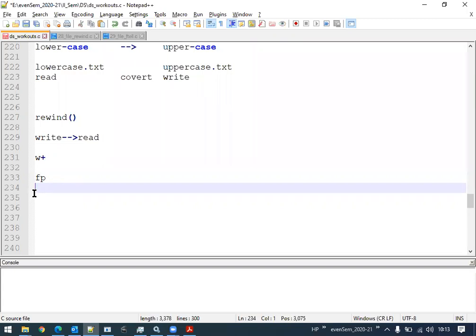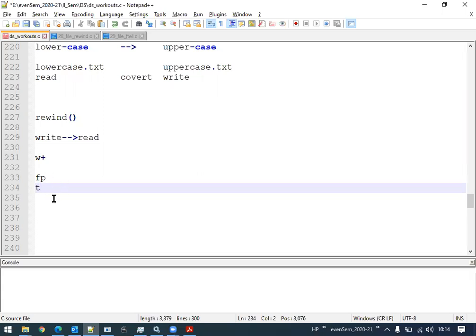Now the file pointer is pointing where? It is pointing at the first logical position of the file. So now I will type T. After I press T, where does this particular file pointer point to? Is it still pointing at the first position or the second position? Second position. Because once the FP performs the operation, it will move on to its next location in the file. So the next position it is now pointing.